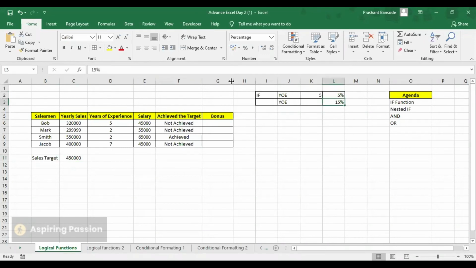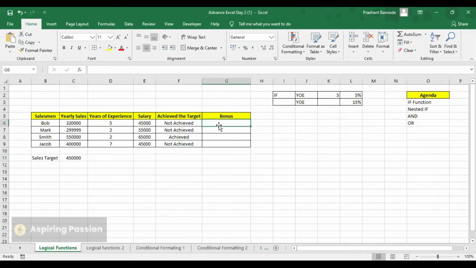Okay, I want you to practice with me so that you understand. This is a very simple and logical statement, and that's why it is called nested. Nested function means in one function there are multiple functions. In one if statement, or in one function of if, there are multiple if functions. So it's very simple, it's very easy. We'll just practice it.